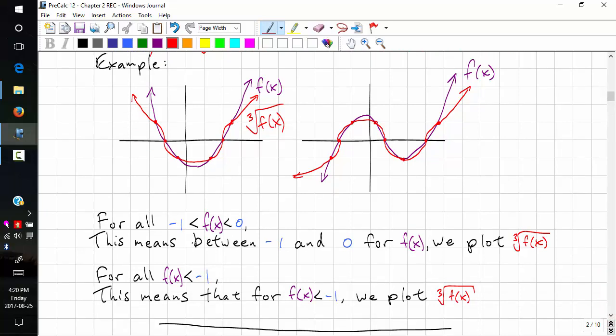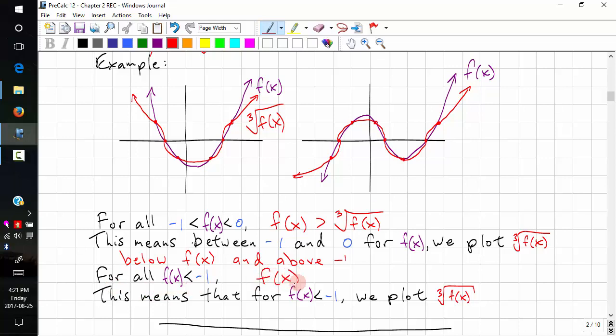Okay, so let's go over the rules again. For all f of x between -1 and 0, f of x is greater than the cube root of f of x. This means between -1 and 0 for f of x, we plot the cube root of f of x below f of x and above -1. For all f of x below -1,